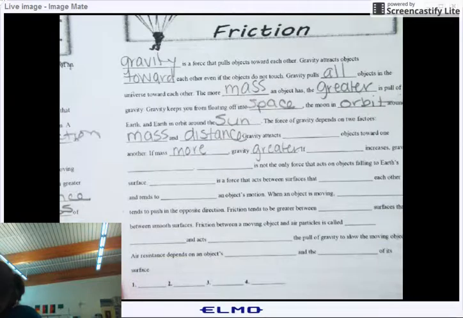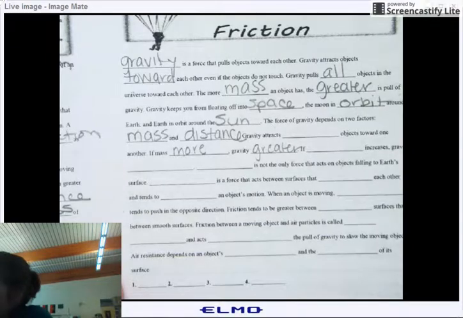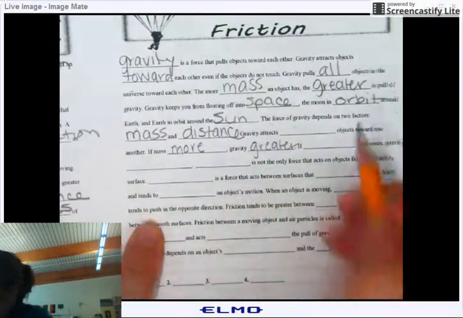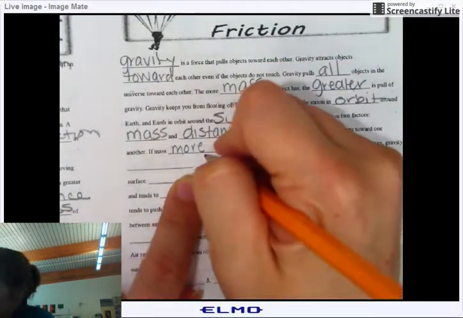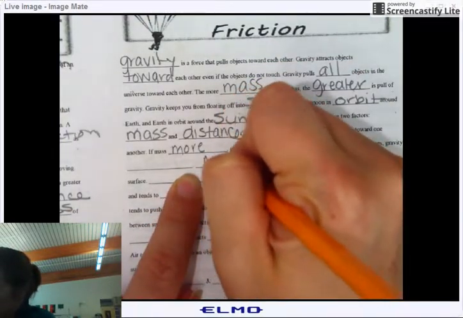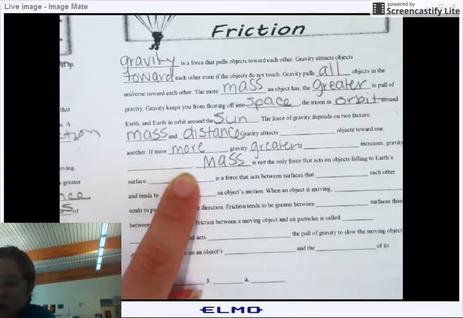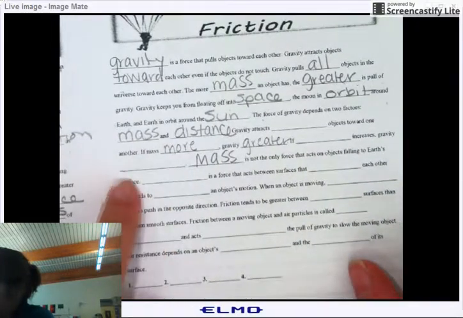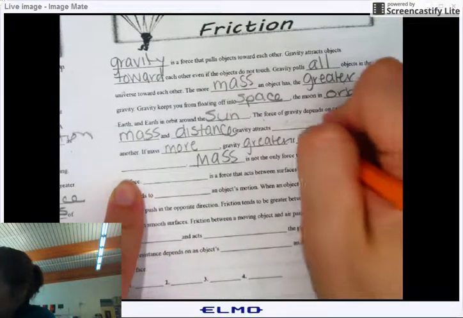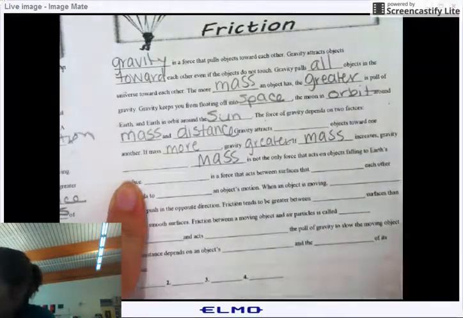If blank increases gravity, blank is not the only force that acts upon falling onto Earth's surface. Well, we know that it's not just mass. So this is mass right here. If mass increases, gravity